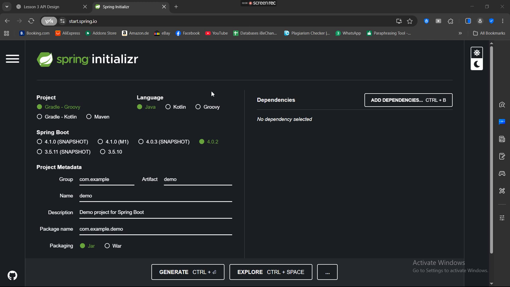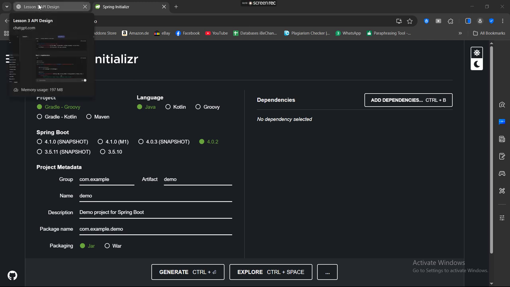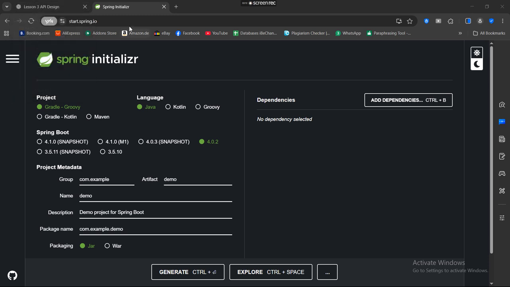Okay, as you can see, I have GPT open. I was doing some searches before, but you see what I will do. So right now